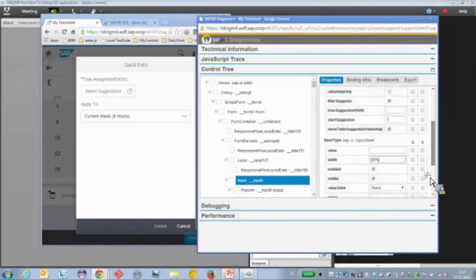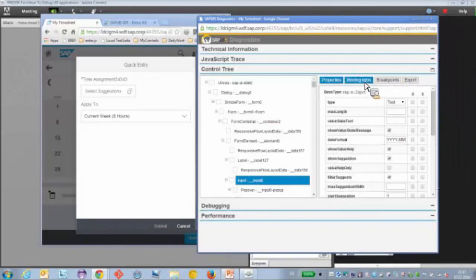The other very cool functionality is adding a breakpoint from the control tree. So for example, here you can see the G and the C. Whenever we get the property, we will be able to add a breakpoint. Or whenever we set the property, then we will hit the breakpoint. So for example, let's change this one, and we add a breakpoint, and then when we change this type to telephone,